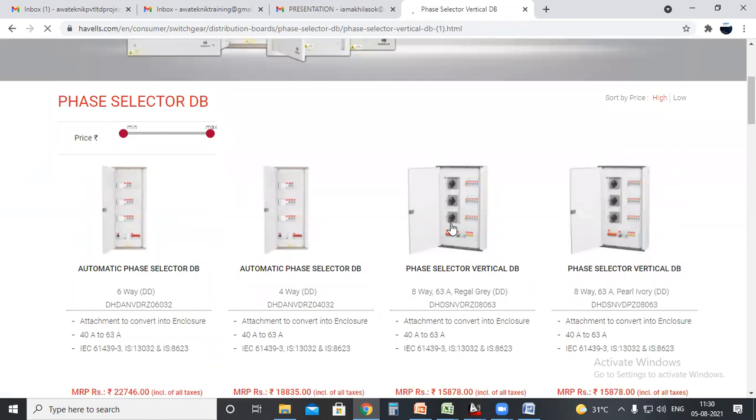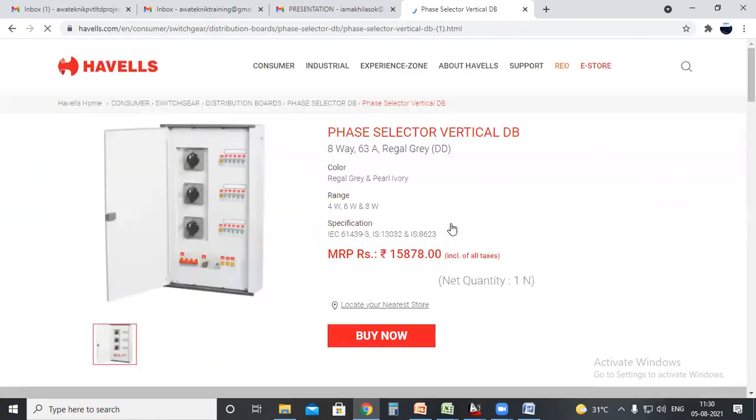This is commonly used in residential buildings in India. So what is the advantage? In some cases, one particular phase will have a power outage. In some cases only, okay. Normally, all the phases will get the outage, as per the schedule or as per a short circuit. All the three phases will go at a time. But in some cases, one phase will be available, for example R phase, Y phase, B phase. Out of these, one phase will be turned off, either for maintenance or accidentally, due to a short circuit or something like that.